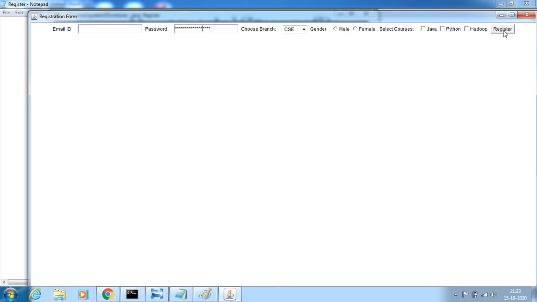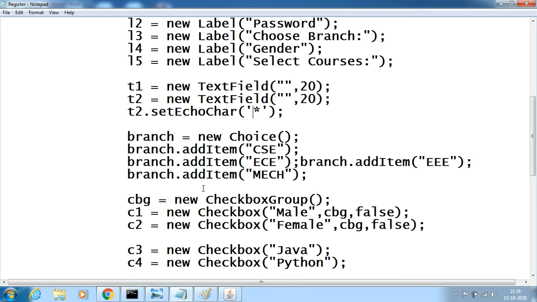Then we have to try some action on this particular register. So register is a button. When I click on this, what happens? Now this is the event source. I need to write an event listener and event object. For a while we just write a simple example here saying that if email ID and password are both equal, I just say registration successful, for example. So just click on this and write the logic now.